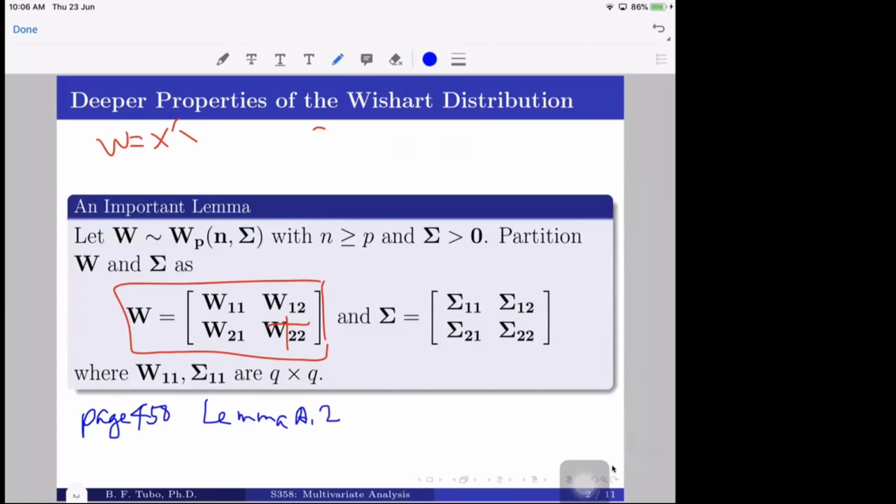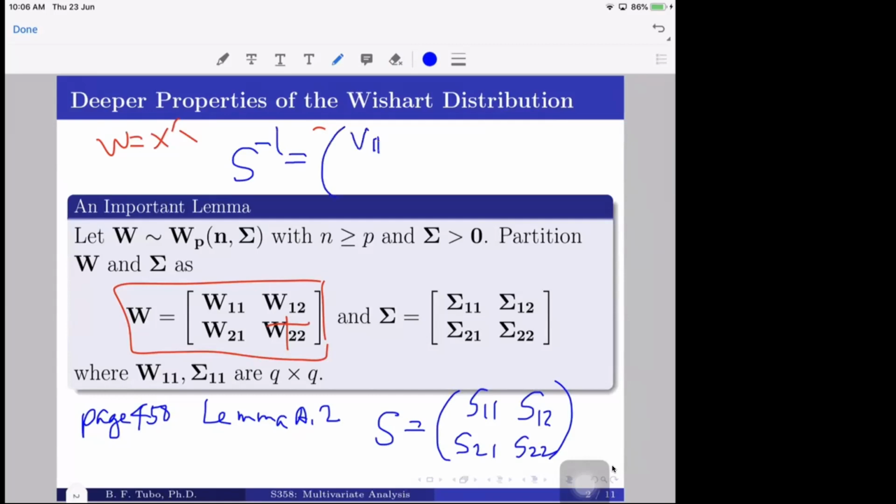That is, if you have a partition on S of the form S11, S12, S21, and S22, you can get the inverse of this matrix, S inverse here, which will be equal to V11, V12, V21, V22, where